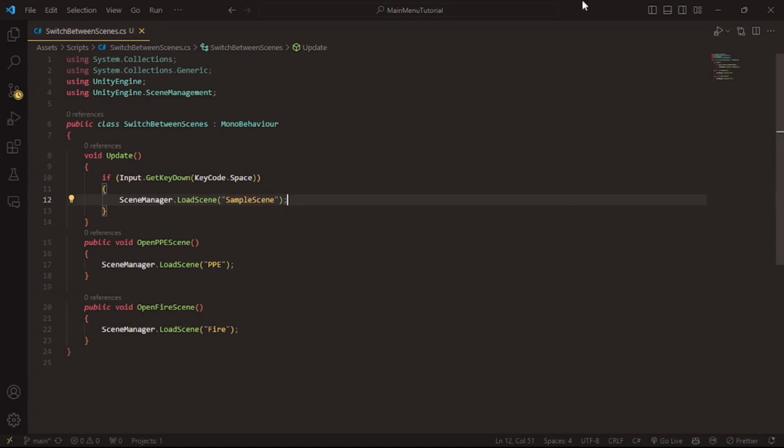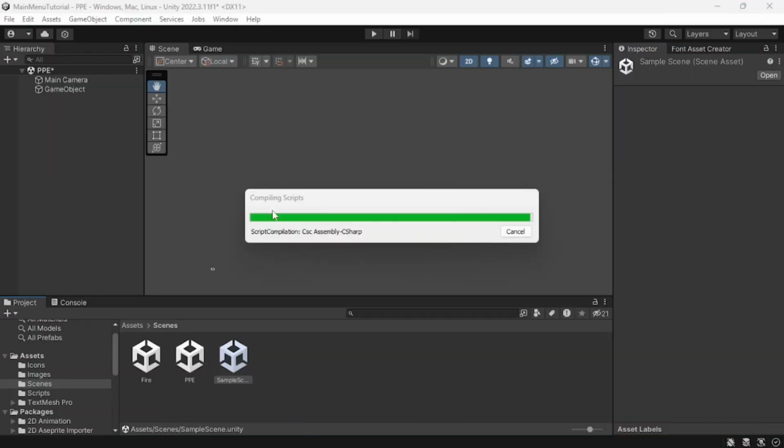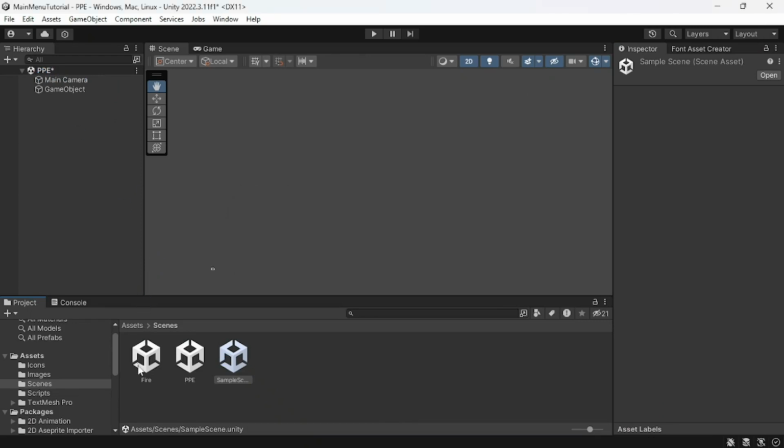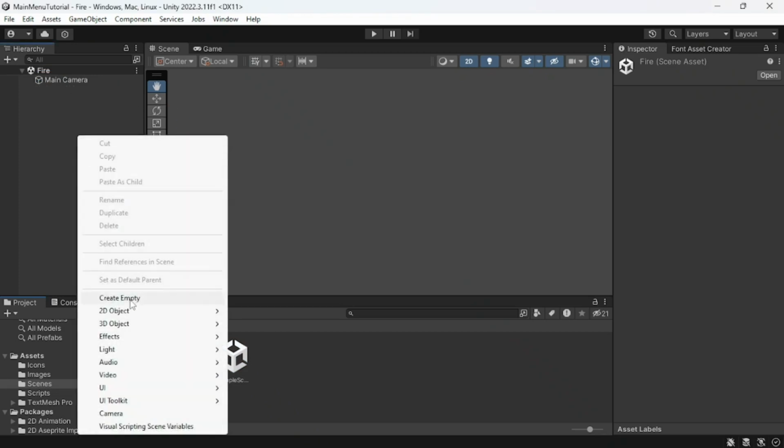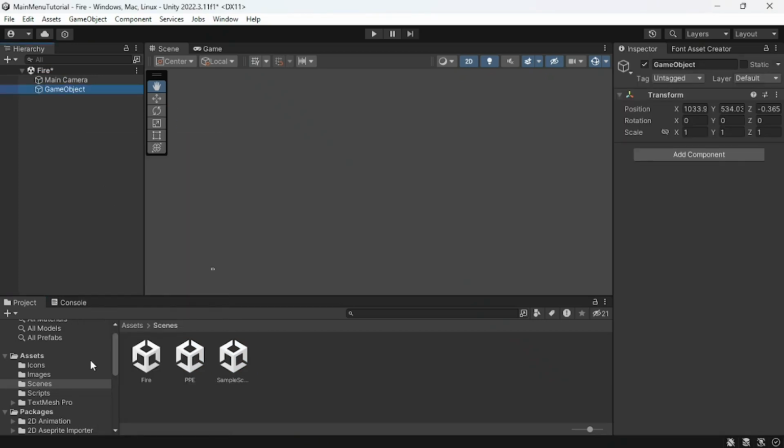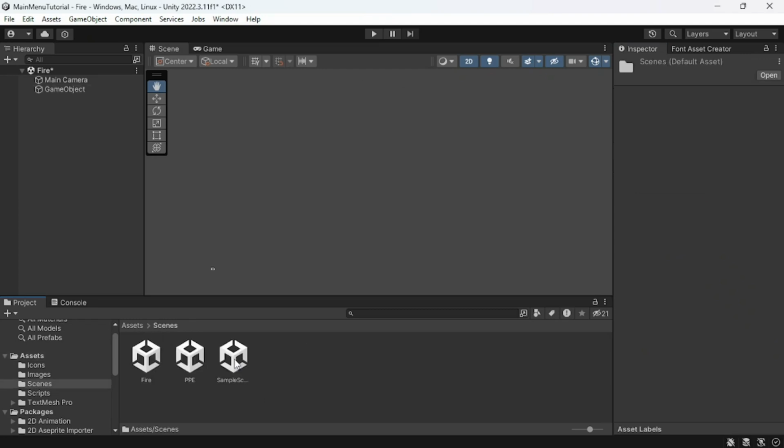Save the script, go back to Unity. I have done this inside the PPE scene. Now I will replicate this inside the fire scene. So save this, add a new empty game object, attach the script, switch between scenes, and now we are ready to test this. Let's open the sample scene,